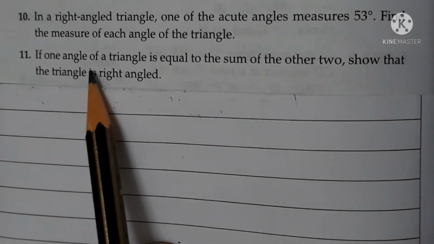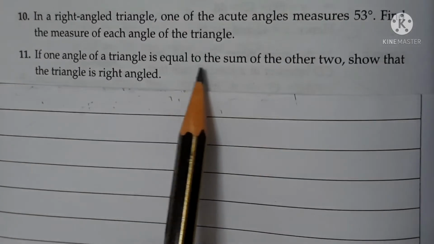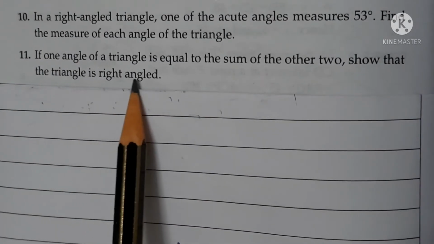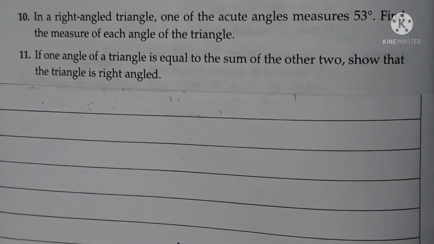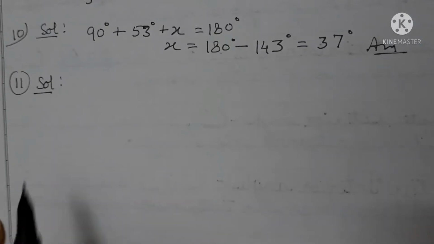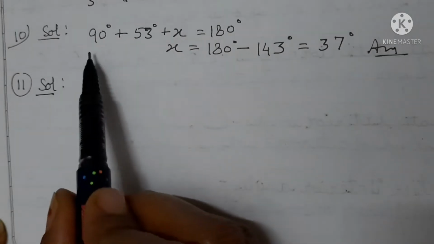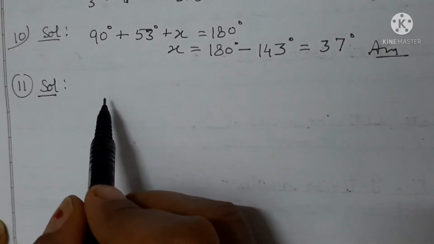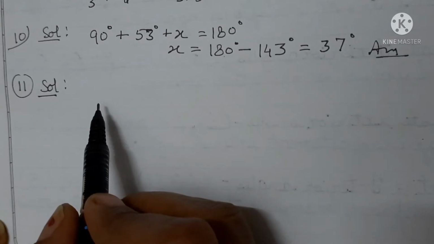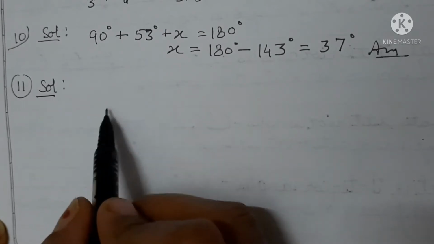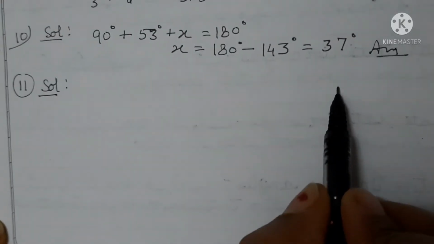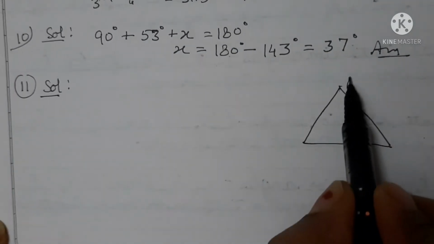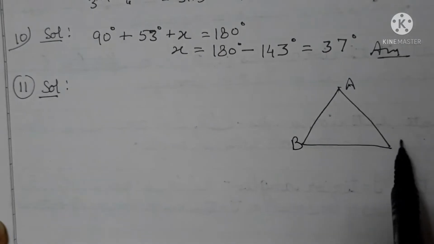Question 11. If one of the angles of a triangle is equal to the sum of the other two, show that the triangle is a right angle triangle. Let's see. Now the solution of 11. This is the solution of 10th. Here one angle is the sum of the two angles. Suppose this is the triangle ABC,